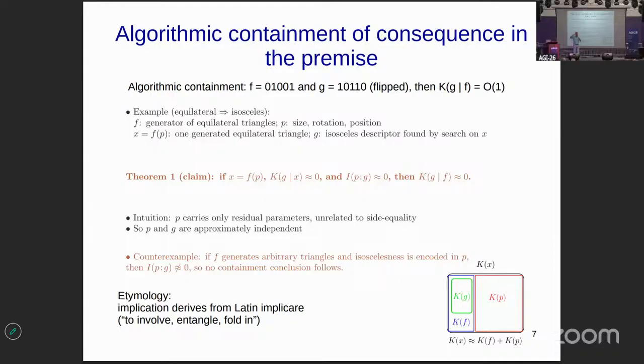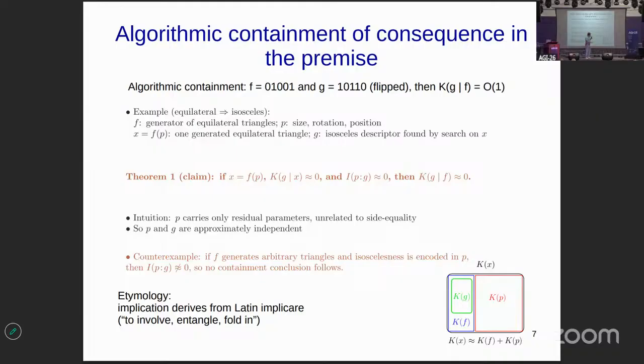Like my body size is contained in the image of me, for example, because you can compute my body size by taking a picture of me. And additionally, if you don't smuggle any information in the parameter about the consequent G that you want to conclude, then you can conclude that your consequence is contained in the premise.